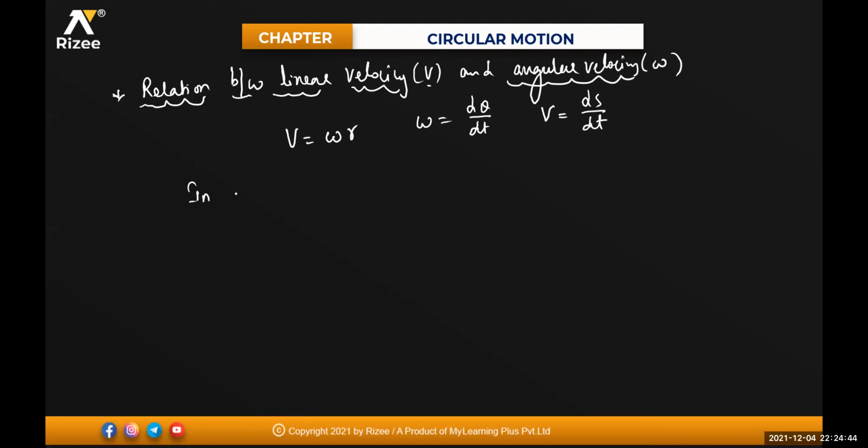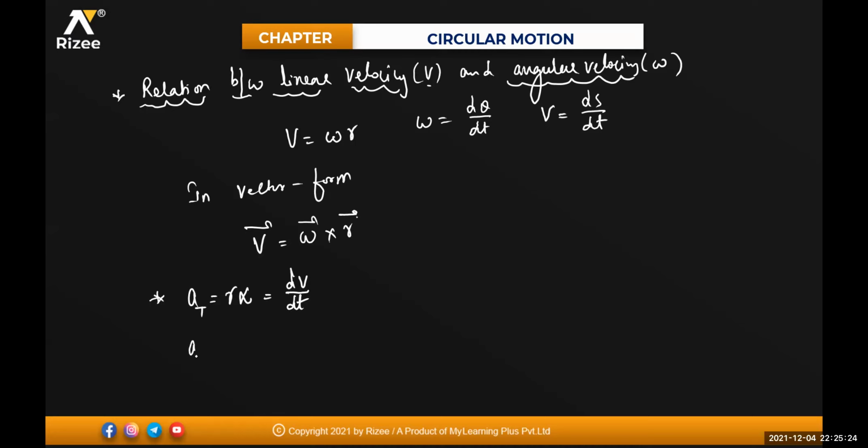In vector form, this is very important, beta: v bar is equal to omega bar cross r bar. Clear? If I differentiate this with respect to time and simplify, we'll get two terms, beta. One is known as tangential acceleration. Tangential acceleration is equal to r into alpha, or that is also equal to dv divided by dt. Rate of change of your speed is known as tangential.